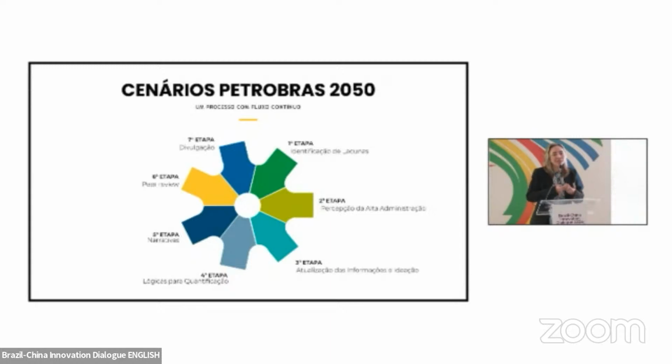So we have the privilege of having a great center for research, which is called CENPES. And we have specialists and scientists in all areas of knowledge. So from robotics to solar panels and hydrogen use. So we have all of the experts that can show us the view of the future. Then we get to a part of the scenario, the logic of the scenarios and the quantification.